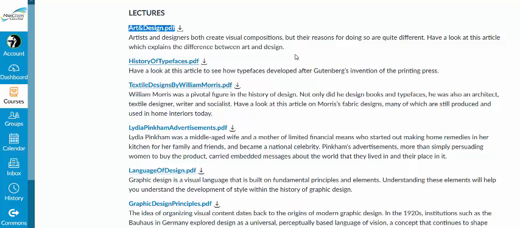I've also included lectures on the history of typefaces, which developed after Gutenberg's invention of the printing press, an interesting article on the textile designs by William Morris, advertisements for Lydia Pinkham's products, which is very interesting. She was a middle-aged housewife who created products in her home, and also 2 lectures about the elements and principles